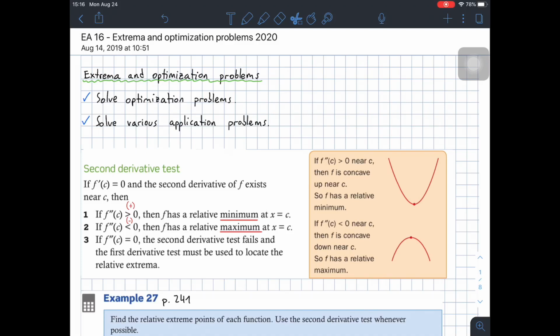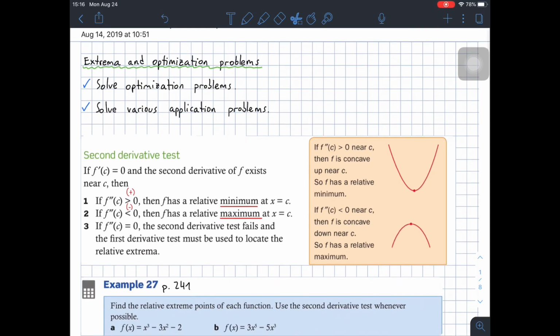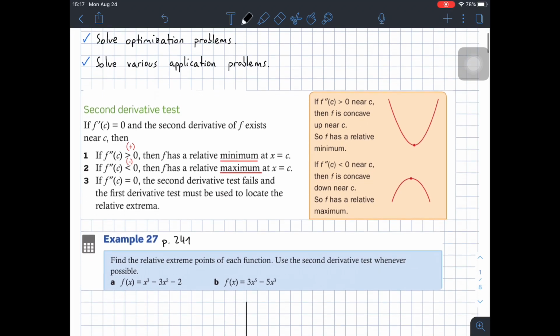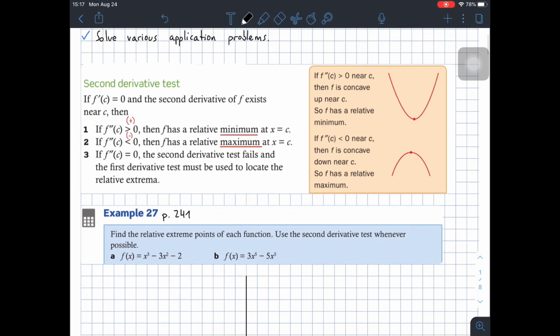Hello seniors, today we're going to see electronic assignment 16, which is about extrema and optimization problems. The two objectives for today's class are to solve optimization problems and solve various application problems. Okay, so the first thing we're going to learn today is something related to a topic that we have already